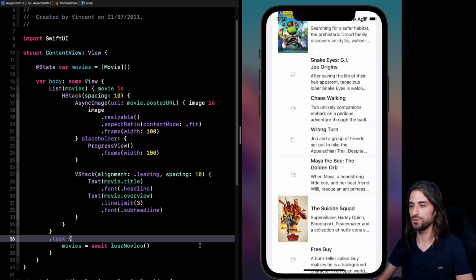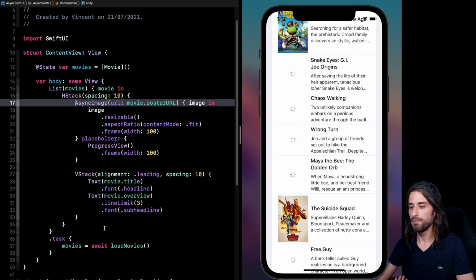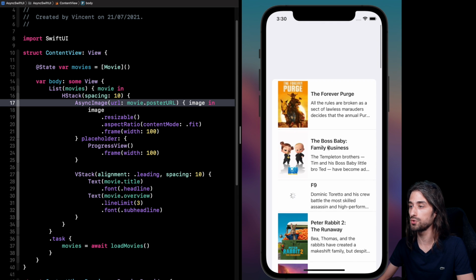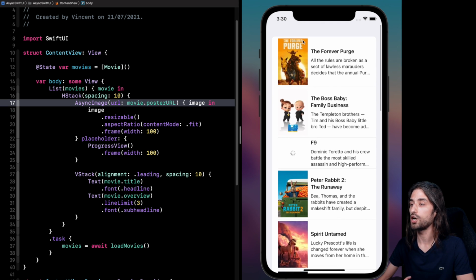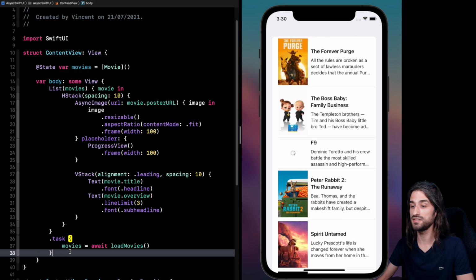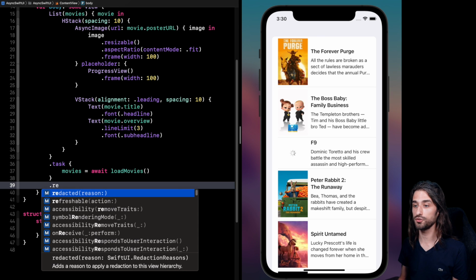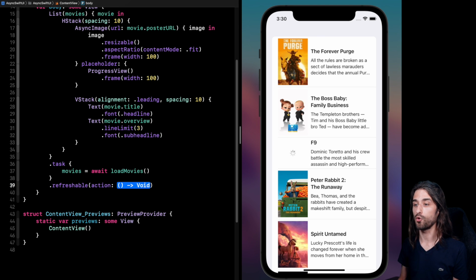Okay, so we've seen that using async code, we can now load the initial data of a view, and we can also load images asynchronously. But another use case in a view where asynchronous code is useful is if we want to implement a pull to refresh mechanism, so that when we pull the view down enough, it reloads the data of the view. And what's nice is that with the new API of SwiftUI, it's also very easy to implement. The way to offer this pull to refresh behavior is just to implement the modifier called refreshable.